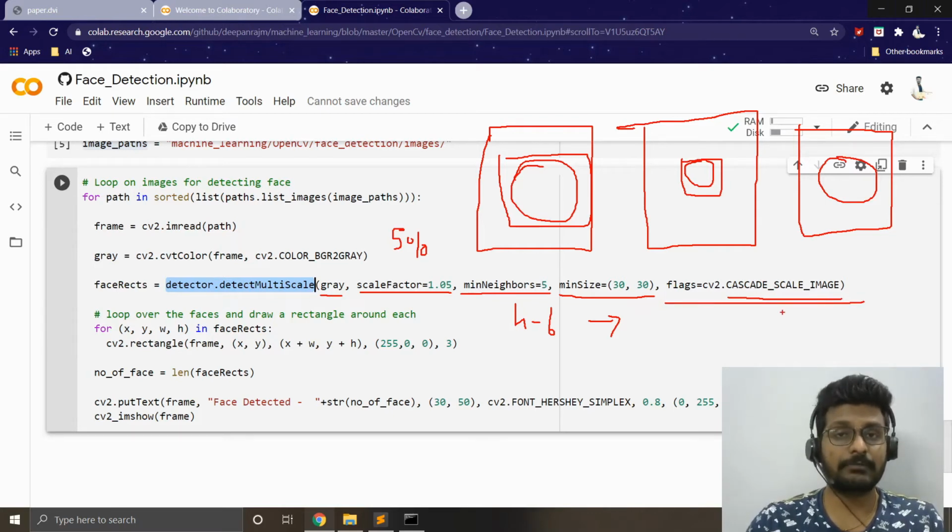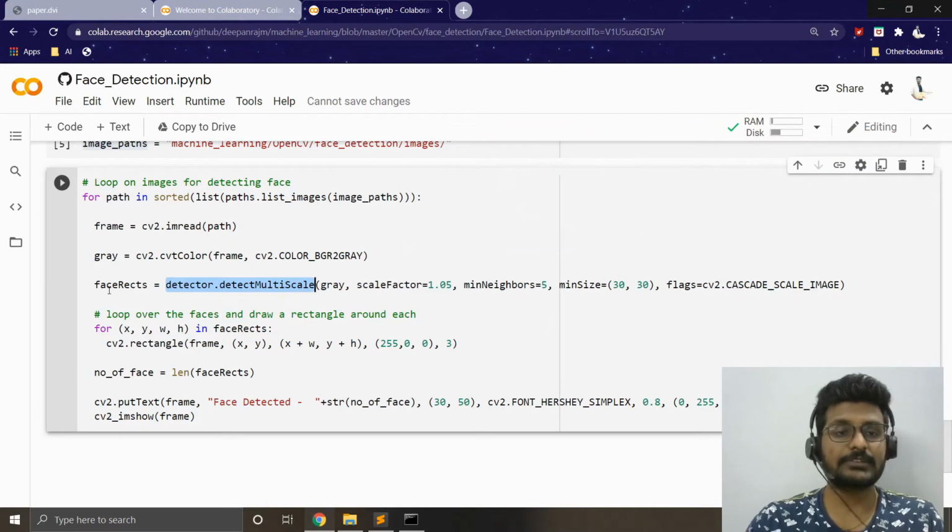Even though there are multiple parameters inside this detectMultiScale function, let's stick with these parameters because they are more than enough to do the face detection. Once this function is called, the faces variable will get the bounding box information of the number of faces detected in the image. I'm going to loop through the faces one by one. Let's say my image contains multiple faces, I might get multiple bounding boxes, so I loop through them one by one.